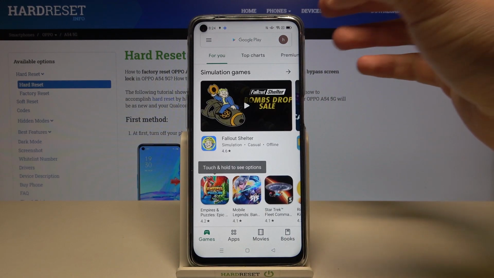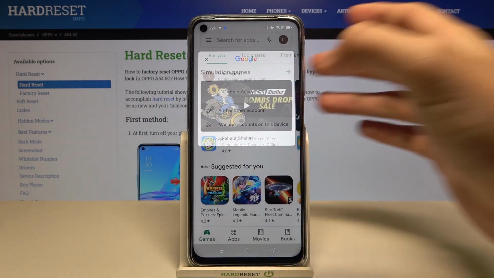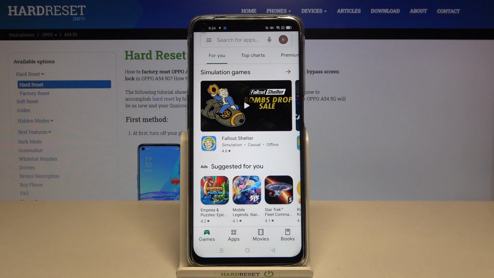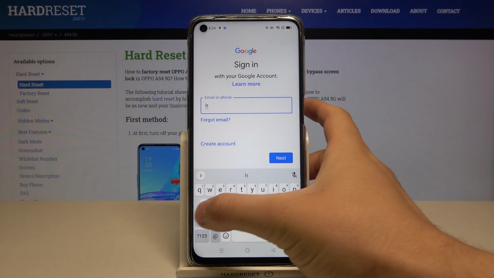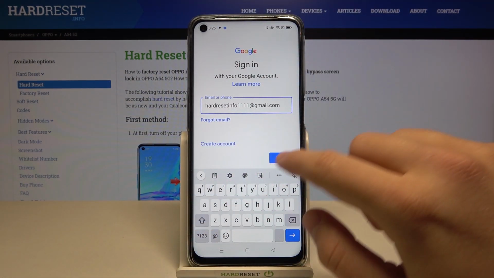And as you can see right now we are logged in with first account, and if you want to add another one, you have to tap on the right upper corner, click to add another account. Go for Google, and then simply input another account. Click next on the right bottom corner,